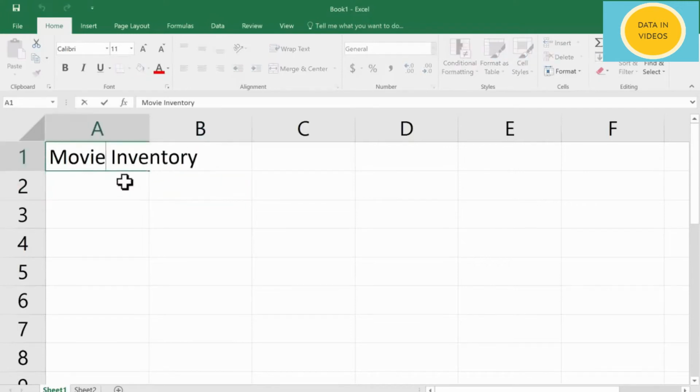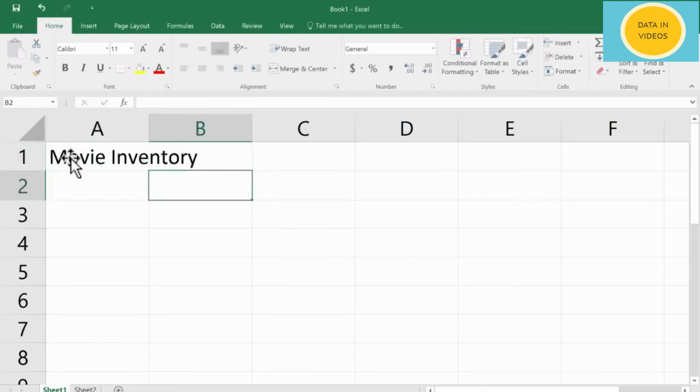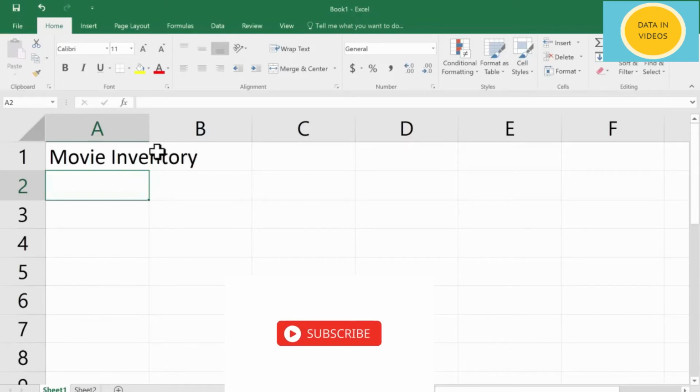Let me show you. If I click on B1, I can type in B1, and when I press enter, you will notice that movie inventory is still stored in A1. So they don't interact with each other. No need to worry if your text is too wide or big. It will always be stored in a particular cell.